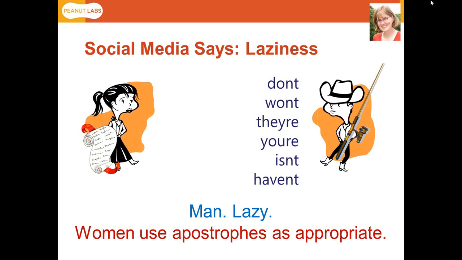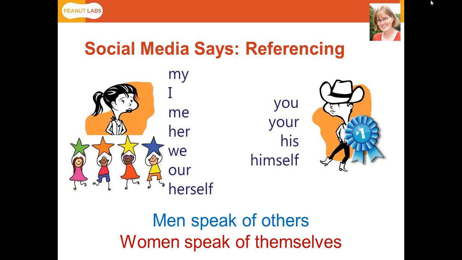Now, something else we can look at in terms of how people write online is who they talk about. As we see here, women are more likely to reference themselves with the words me, my, or I. Women are also more likely to reference groups of people, including themselves, such as we or our. On the other hand, men are more likely to talk about other people, and specifically other men. So they'll talk about you or your as well as